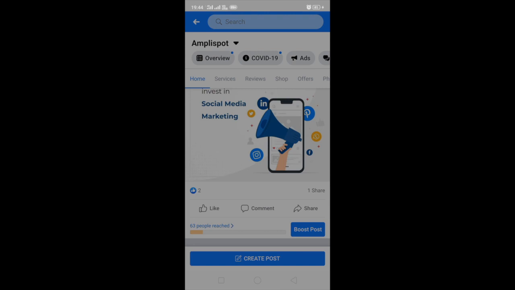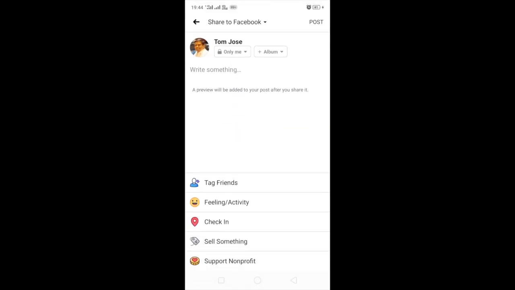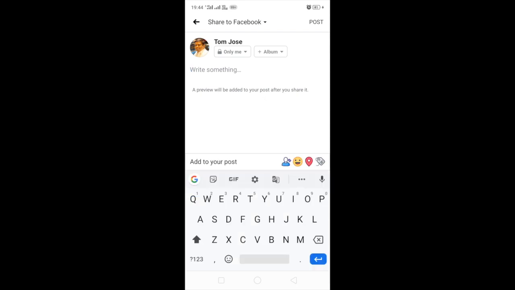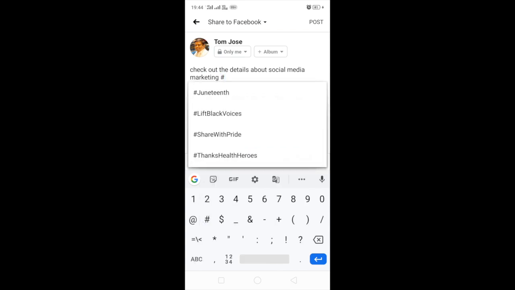Now I clicked on more options. When I click on more options, I can see the Facebook news feed. So I click on the news feed and now this is my personal page. Now here I can write if there is any status message that I want to add to it. I can just write it down and then click on the post button which is there on the top right hand side. So you can see a simple post written on the top right hand side. That's where you need to click once you have typed in whatever you want to type in.